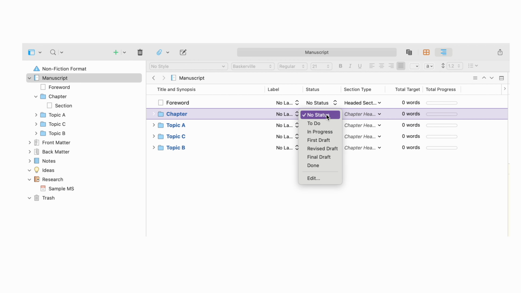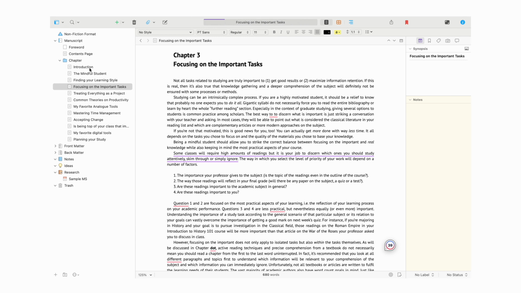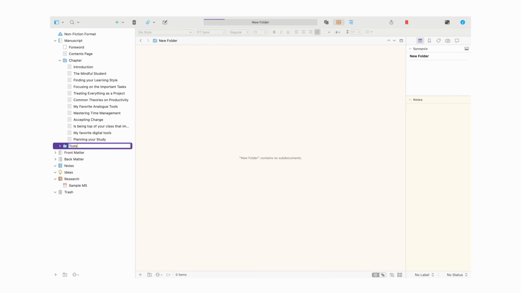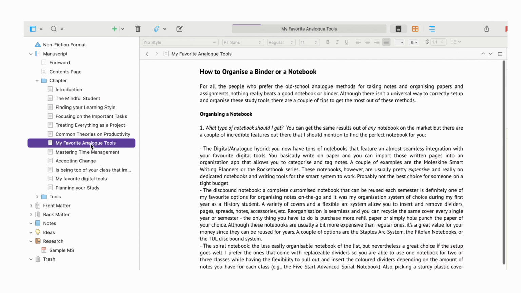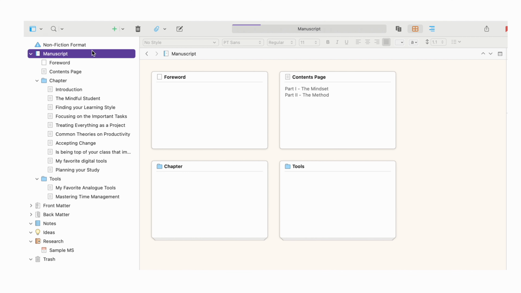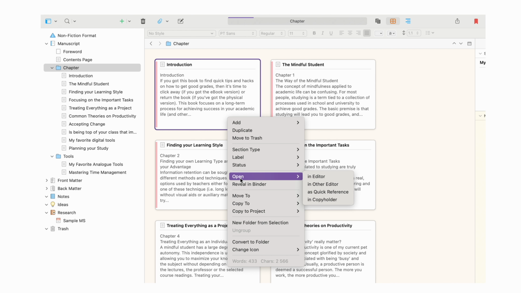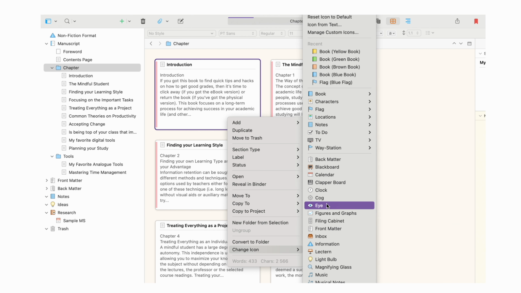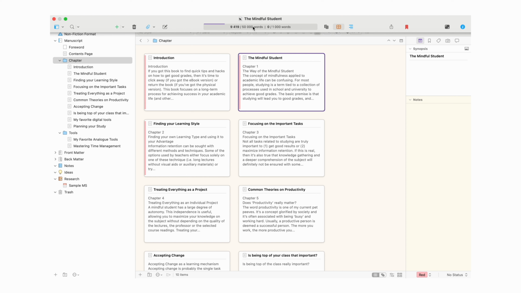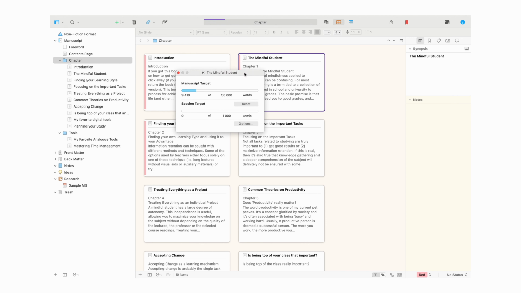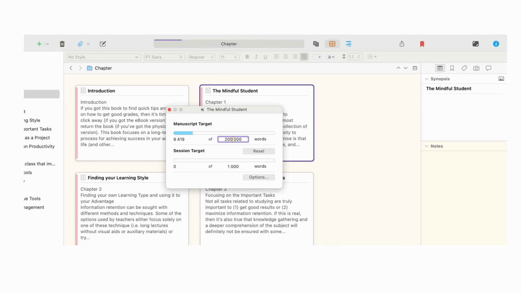for your plot threads. Scrivener also has really powerful outlining features, so you can create a hierarchical outline with subheadings for subplots or character arcs, and you can then collapse and expand sections for a bird's eye view or laser focus on specific parts. In case your manuscript relies heavily on research or having to reference world building, Scrivener also has a split screen mode that allows you to view and edit two sections simultaneously. This is really good to compare draft versions and, as I was saying, to reference research notes while you're writing